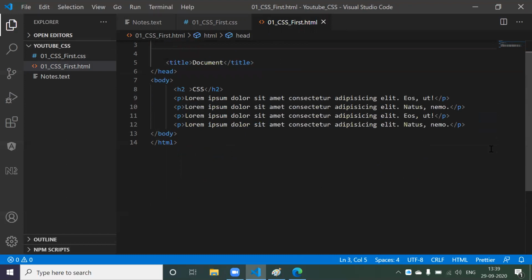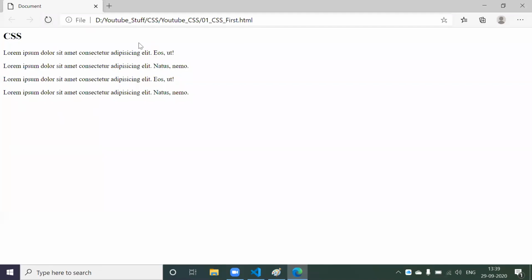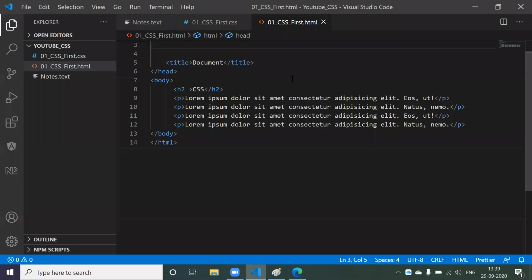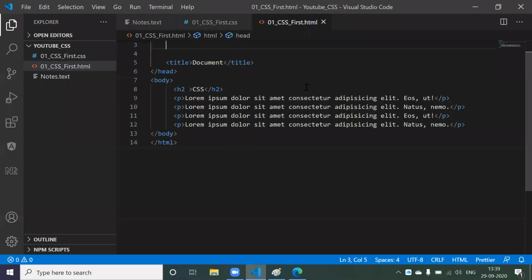Okay, now when you save and come to your browser, you are able to see no stylings applied for this particular web document. Now what if you wanted to apply some stylings to this web page? For that you created a file called CSS and wrote all the stylings there, but these stylings are not applicable for this HTML. Why? Because this HTML doesn't know what styles to be applied,